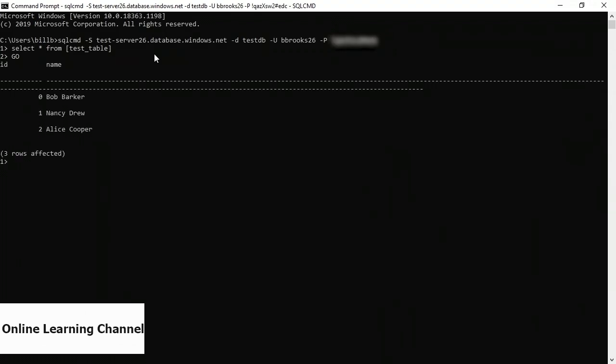And you see that it now runs my select statement, and I now have my data. It shows the column names at the top, ID and name, and I have 3 rows. ID is 0 for Bob Barker, ID is 1 for Nancy Drew, and ID is 2 for Alice Cooper. Now to finish here, I can just type exit, or I could keep going. I could do more statements, but I'm just going to go exit, and that logs me out of my SQL